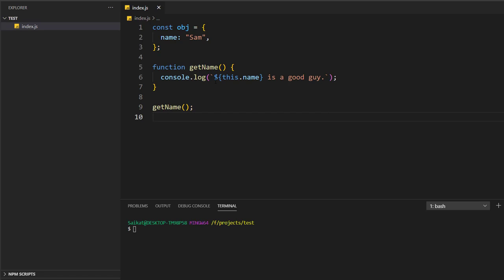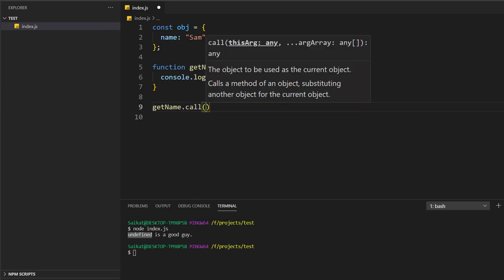So you see, "undefined is a good guy." Here I don't want undefined, I want the value Sam. So I'll use the call function, and the first argument to the call function is the object, any object you want to pass.